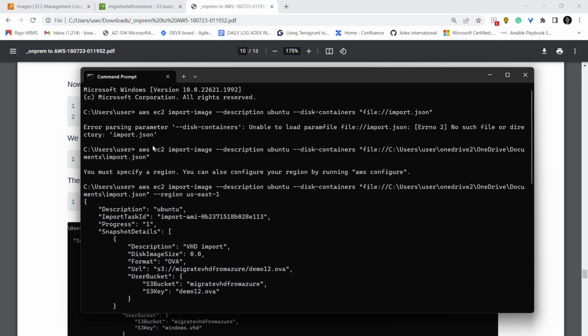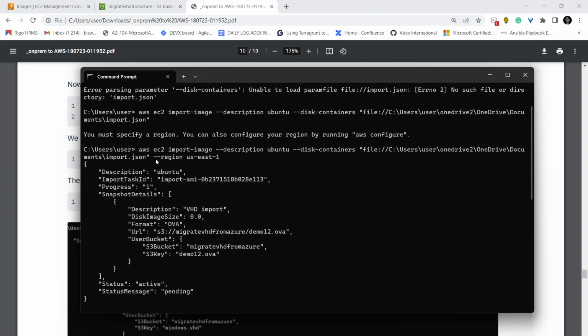This is my image name that I'll be creating, and I imported from the file import.json. As I had already created the role, I did not get the error message. After specifying the region as well, these are the details that showed after the